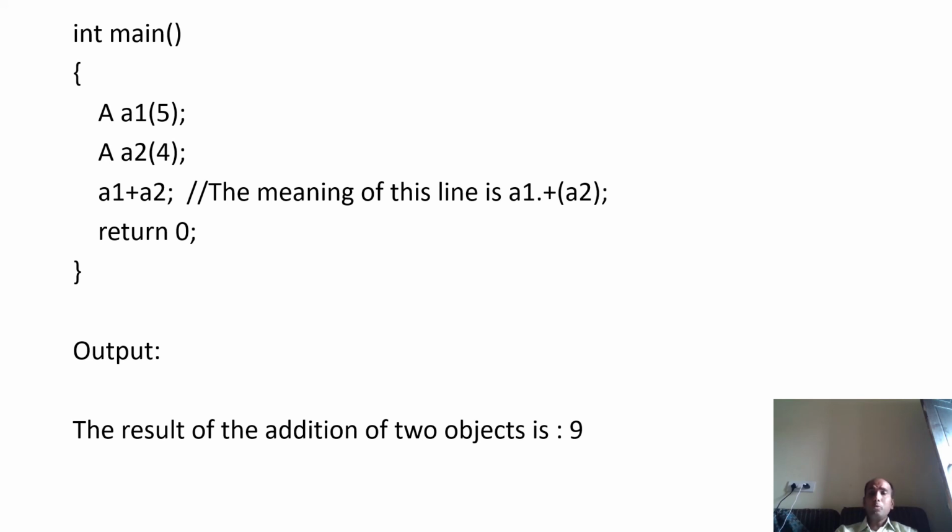So for A2 you need to pass it as an argument, and hence you have passed it as an argument to the function and the A2 value has been received. So that's why you have written there x plus A2 dot x. That means the first x was of A1 and the second x was of A2. So that's why you have written A2 dot. And whatever you have done there